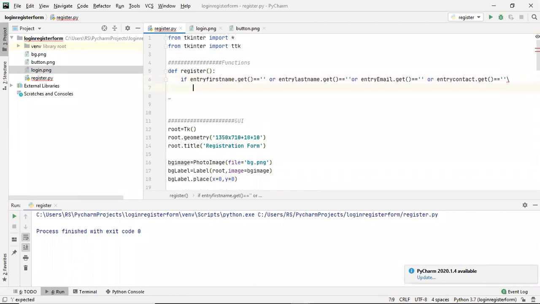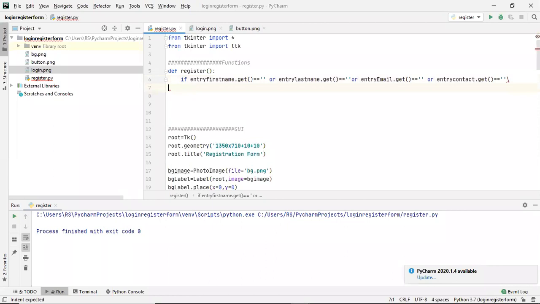So that I can move to a new line. Okay, so to move to a new line, you have to use a backslash. Okay, so I write it here, or like this. Without using this backslash, if you move to a new line, this will give you an error, because this complete thing should be only inside this if condition.